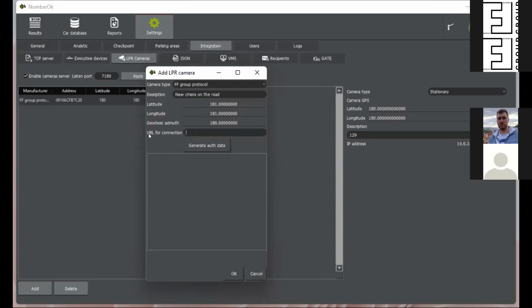And the main important thing, the URL for connection. Here you will need to type the whole address of the computer which is running NumberOK. So you need to type http://, and then just start inputting the IP address of your computer with NumberOK, and it will be added automatically. So once again, here you need to add your computer IP address,